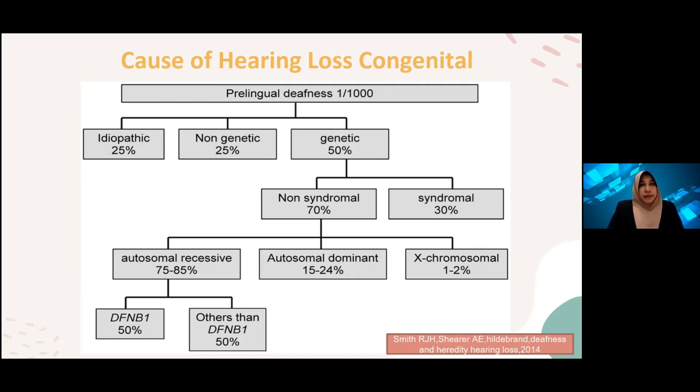Again, syndromic hearing loss is present in all modes of inheritance, and more than 500 syndromes that include hearing loss have been described. Of the remaining 50% of cases of congenital hearing loss,